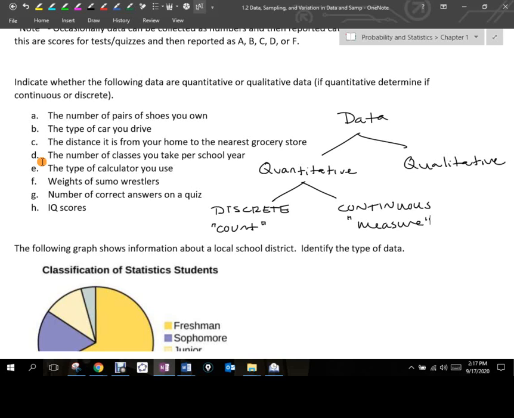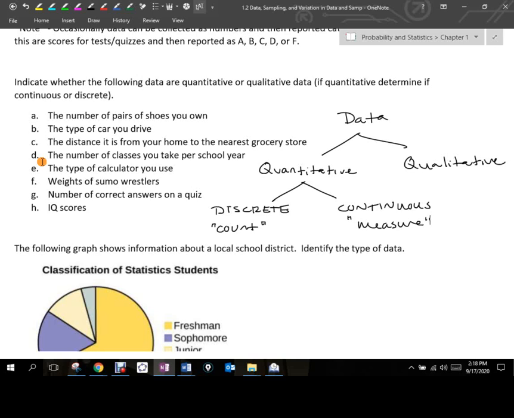Okay. Now, last class I argued, well, what if I lose a shoe? The argument is if I lose a shoe, I no longer own a pair of shoes. I just have a shoe. It doesn't get categorized, right? Does that make sense? What if the question was the types or brands of shoes you own? What would that be? Would that be quantitative or would that be qualitative? Qualitative. Okay. So if I say, I've got Adidas, Reebok, Nike, that kind of stuff, those are descriptions of the types of shoes I have.